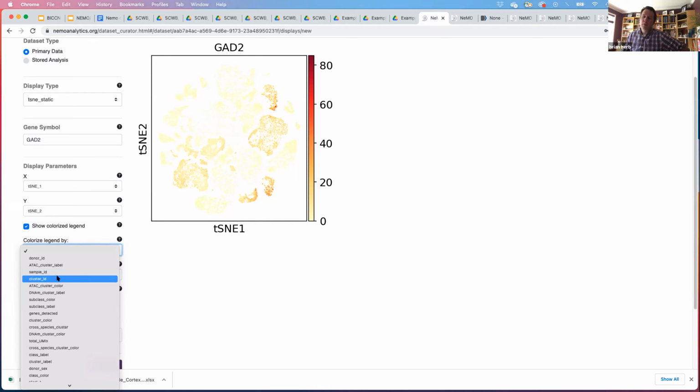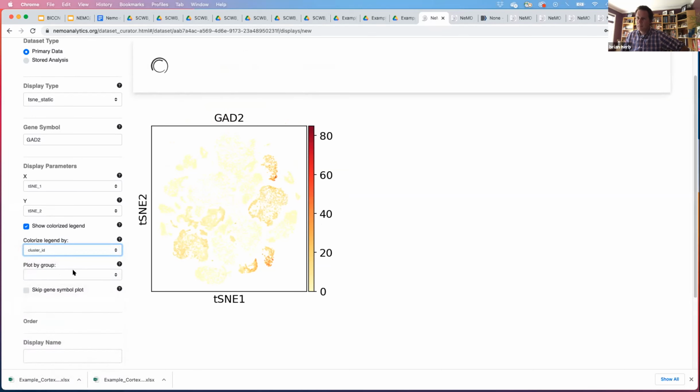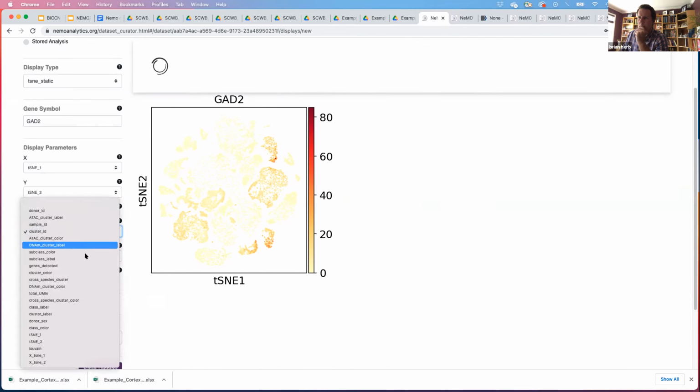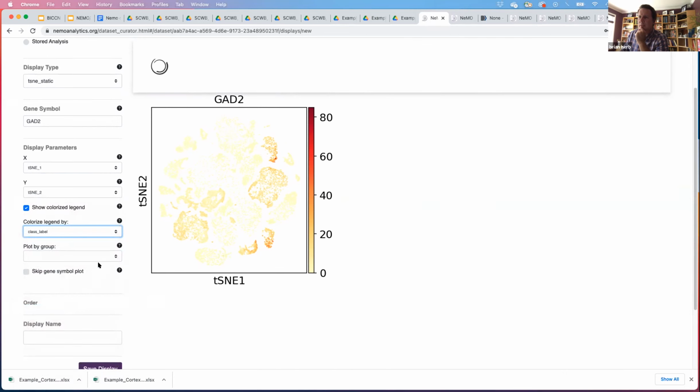And then this is where I can select whatever level of clustering I want. And it's just a slightly larger data set, so it'll just take a little bit more time. Oh, let's try class label instead.